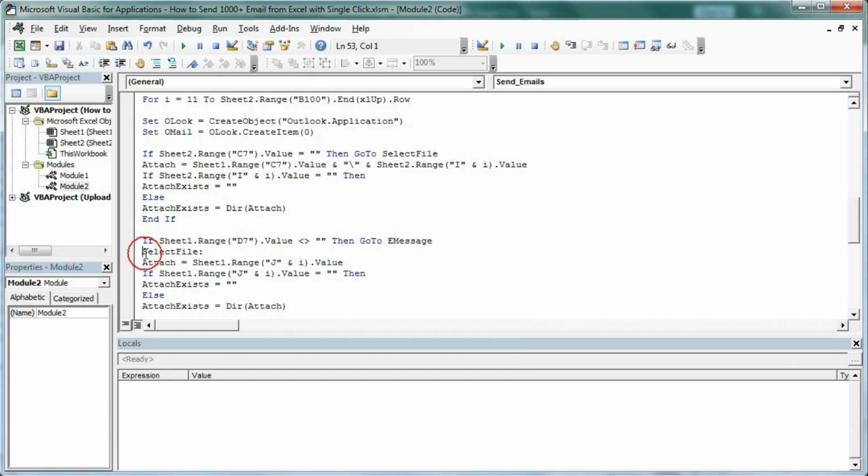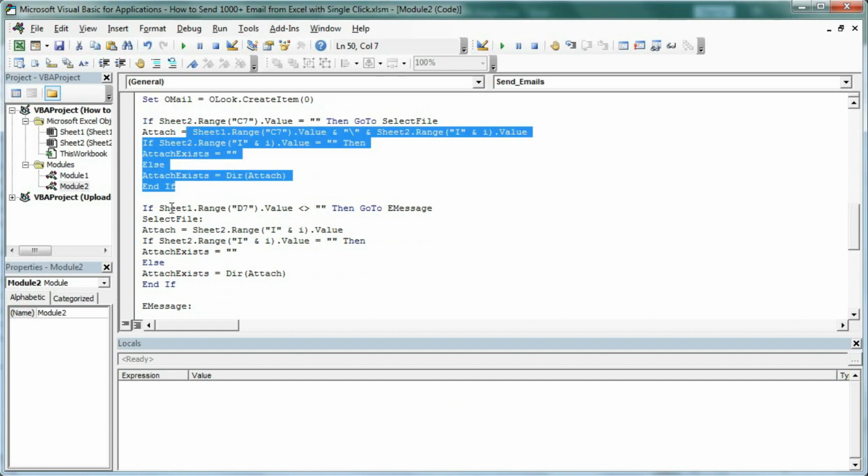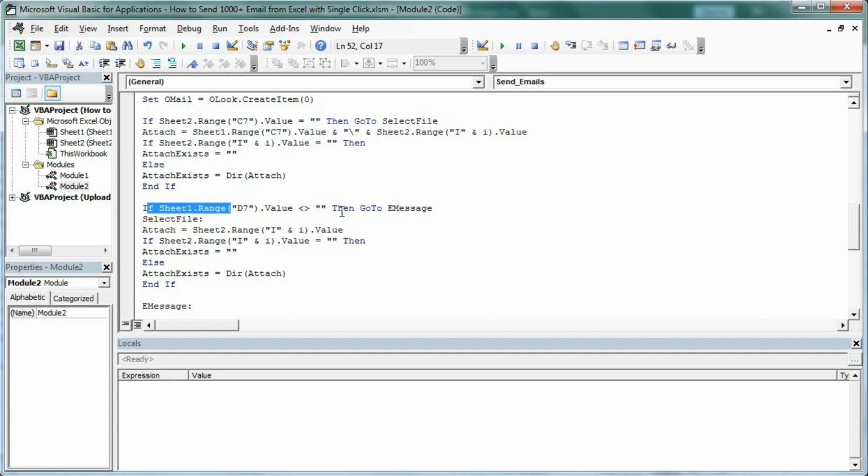So this is the select file. So it will check in the same way. Sheet 2, here it should be I and here it should be I, here 2 and attach. It will check as same of this, but here before that, suppose if it is not blank, then it will check this one, then it will come to this line. It is not blank, then go to email message, then it will skip these lines.